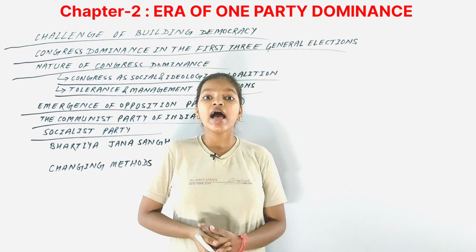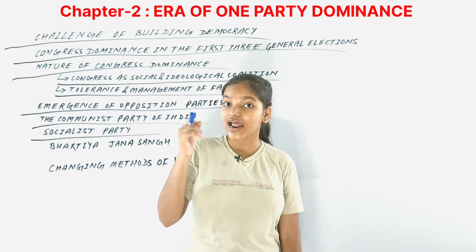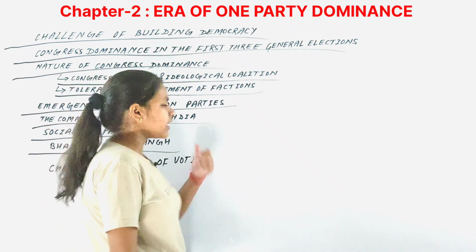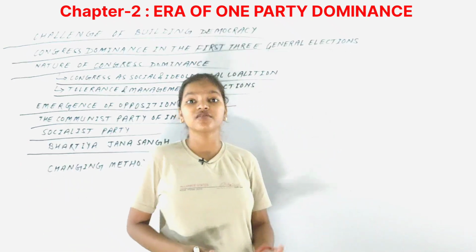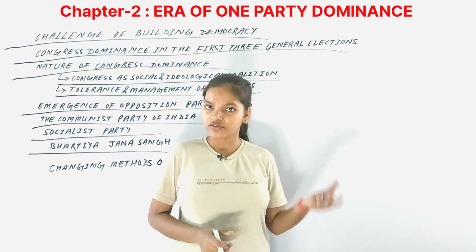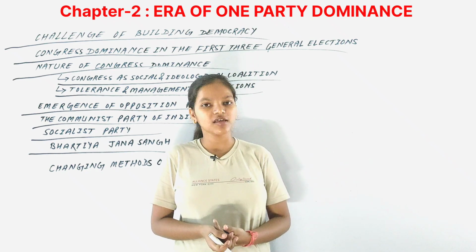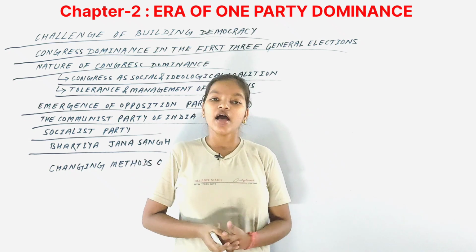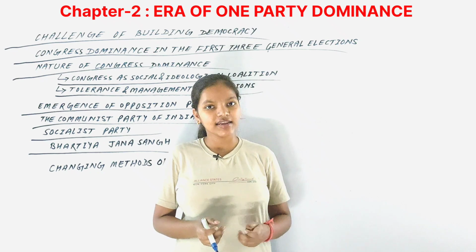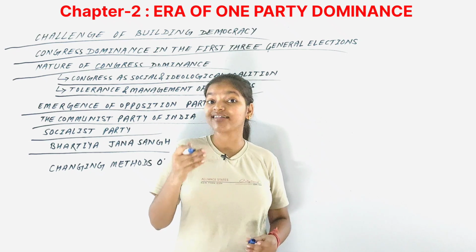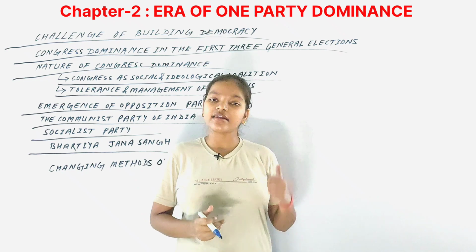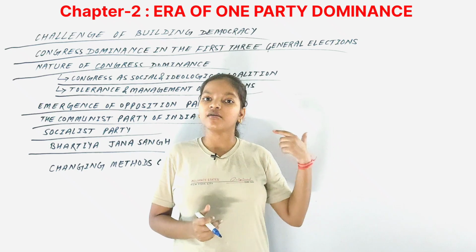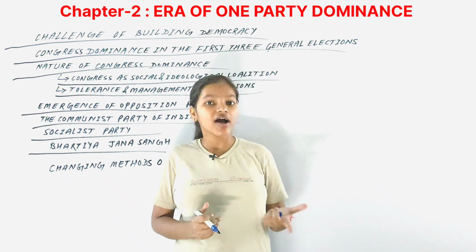Another notable opposition party of that time is Bharatiya Jana Sangh. It becomes important because today's ruling party, in 2024, the Bharatiya Janata Party, traces its origin from Bharatiya Jana Sangh itself. Bharatiya Jana Sangh was formed in 1951 by Syama Prasad Mukherjee as its founder president. The party included notable leaders such as Syama Prasad Mukherjee, Pandit Deen Dayal Upadhyay, and Balraj Madhok.